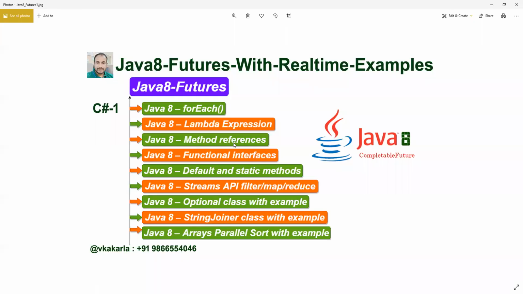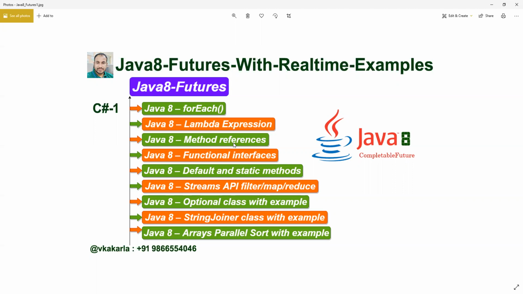Method references are nothing but, whenever you want to call a method from a class or a method from an interface, you can write class name double colon method name, or class name double colon static method name. Without creating an object, we can call it directly if it is a static method.